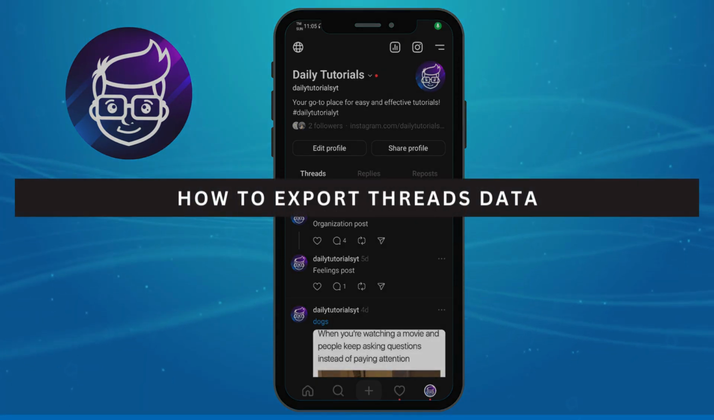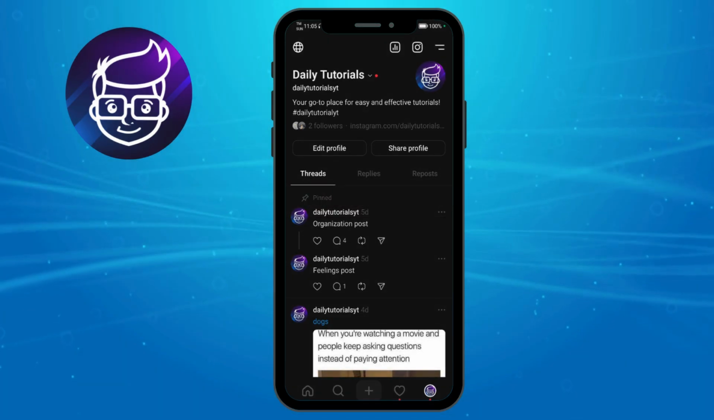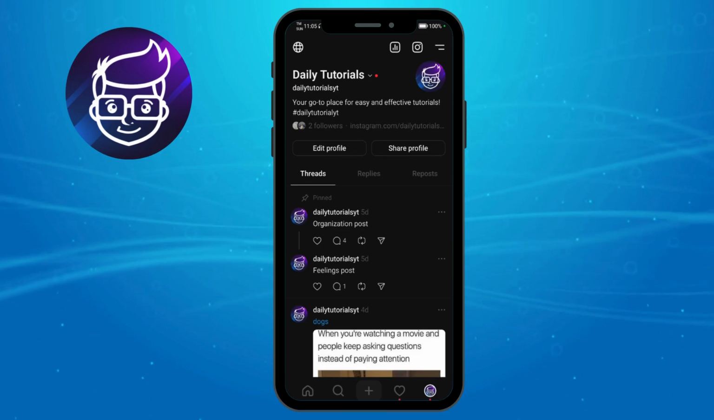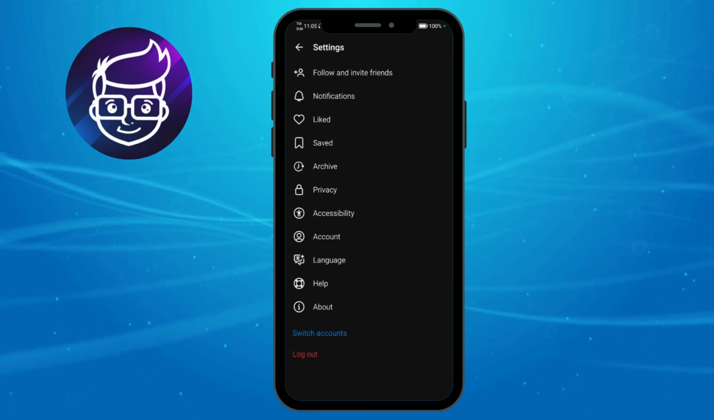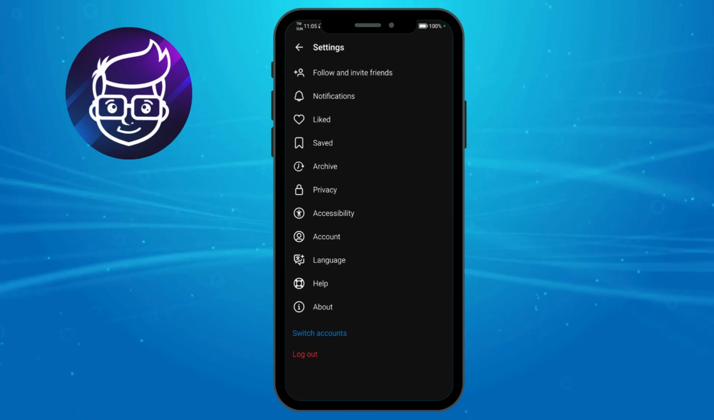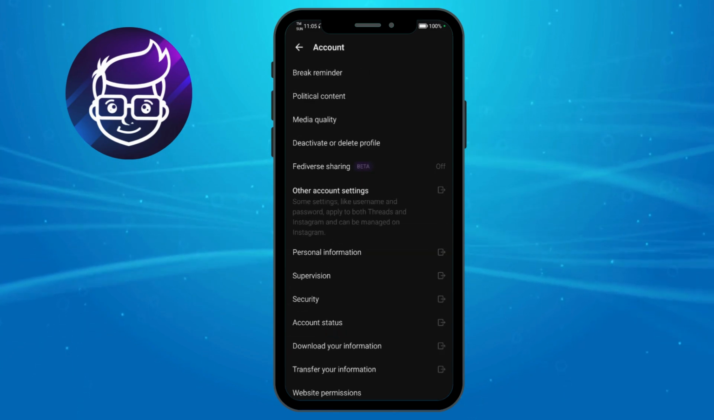How to export threads data. To do that, click on your profile icon right here in the bottom, and then you should be able to see this. So right now, click on the two dots or two lines, and then from there you can see this. So what you can do next is to click on the count, and then from there you can see